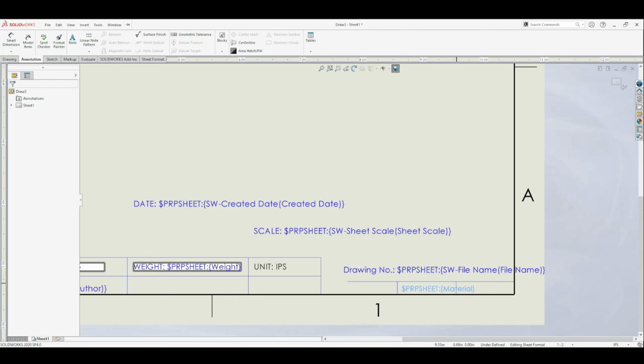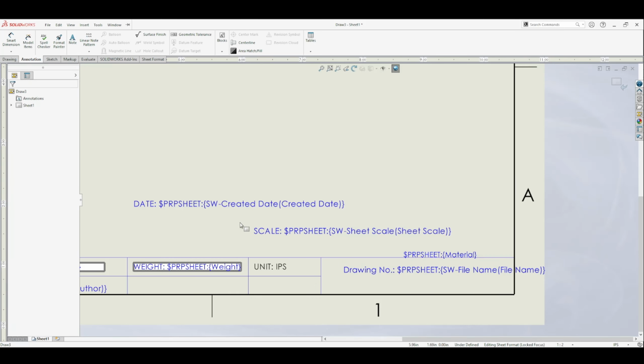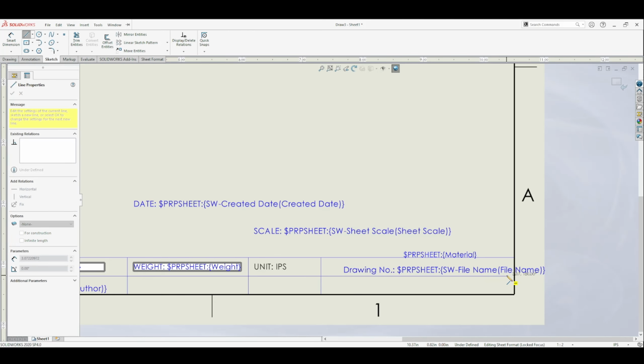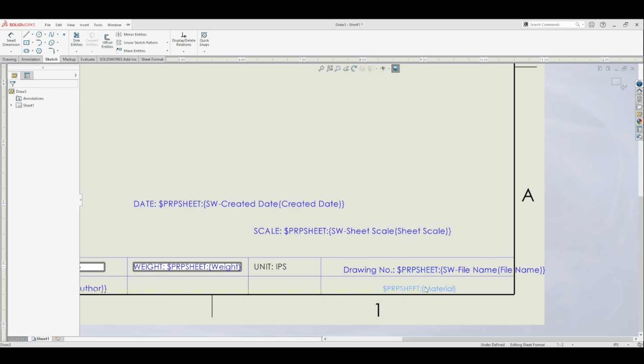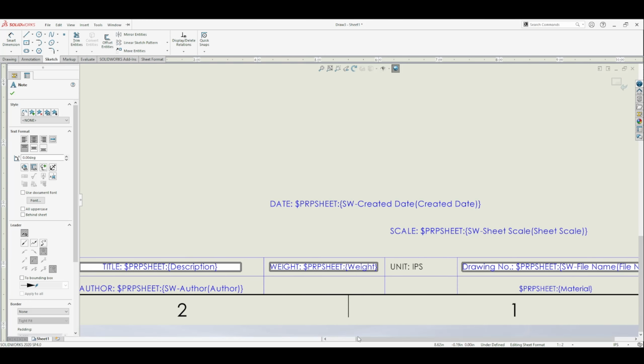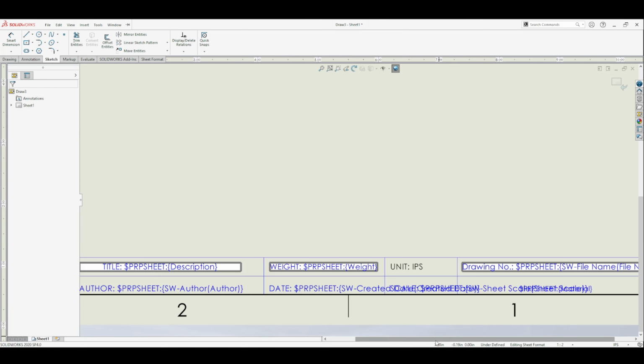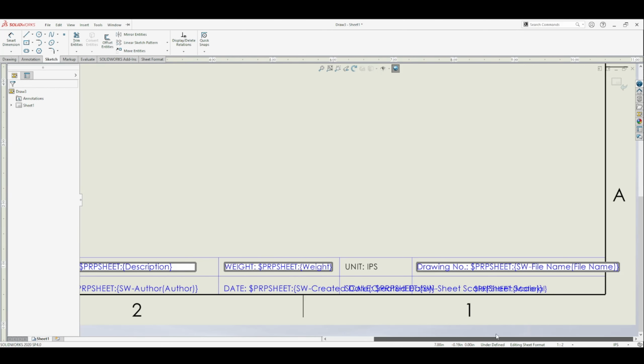So, and then we just need to clean this up and get our line to snap correct. And another line across, like so. We got our material and our drawing name. Our scale, we can bring this back down. Our date, bring that back down to snap. And that should be it. So that's what we have in our